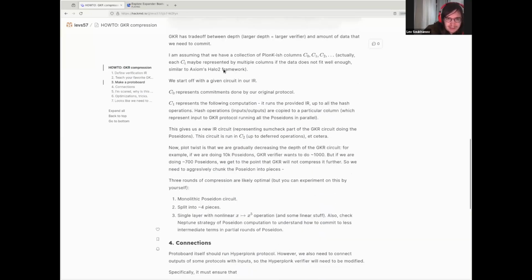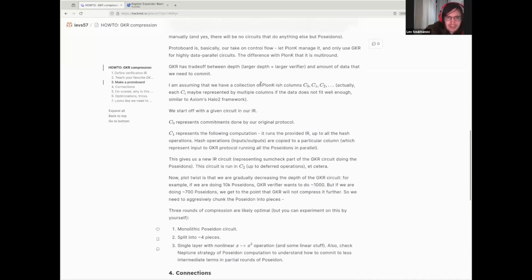Specifically, what I'm suggesting is that we have a collection of columns, or maybe each of the CIs is multiple columns, and they represent the phases of our protocol. And so C0 represents commitments done by our original protocol. C1 runs the verifier, the sumcheck part of the verifier of this protocol, up to all the hash operations. And then the hash operations are copied to some particular column of C1,